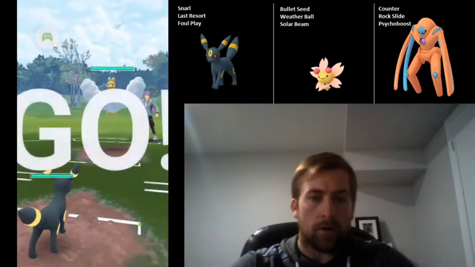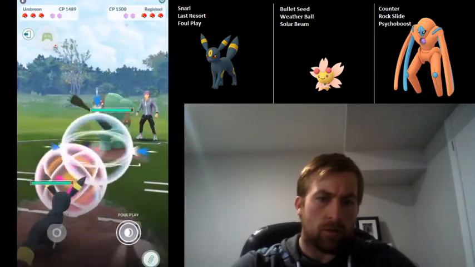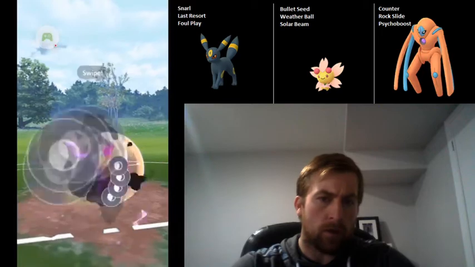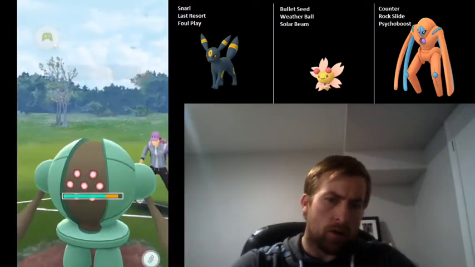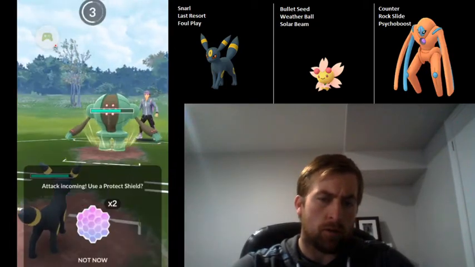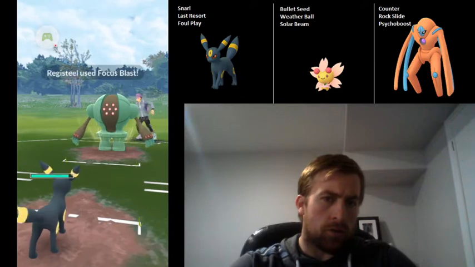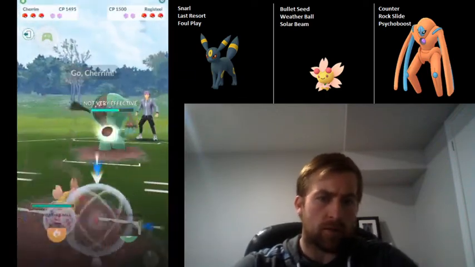All right, catching Altaria on the lead here. So they switch out into their Registeel, so I'm going to go ahead and go for a Foul Play. And then I'm going to stay in just for a little bit. I want to absorb the energy from Registeel on Umbreon. I don't shield. I probably should have, given that it's Focus Blast, but then I bring in Cherrim, and